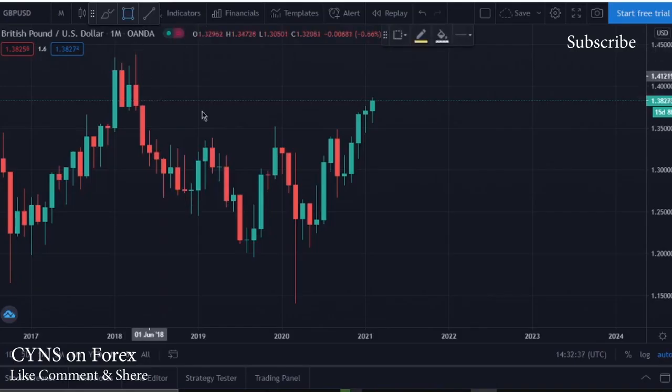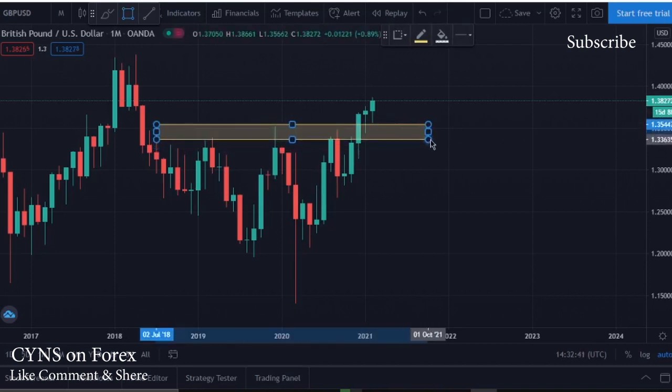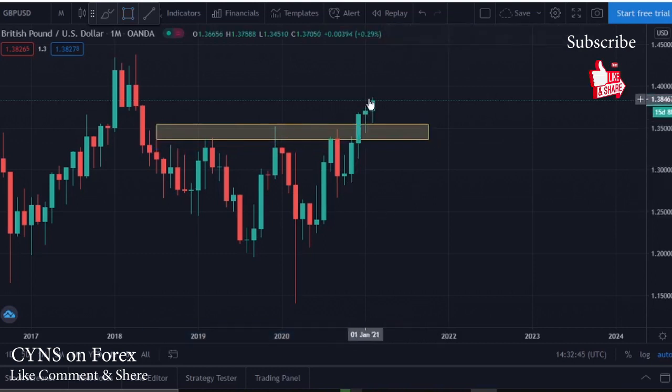Now what we can also notice is that the market here on the monthly has just broken above a very strong structure area. In fact, the market had very strong resistance here, resistance here, resistance here, with price reversing to the downside each time. Currently, since the market has broken back above this zone with this impulse, as you know, previous resistance, once it is broken to the upside, turns into support.